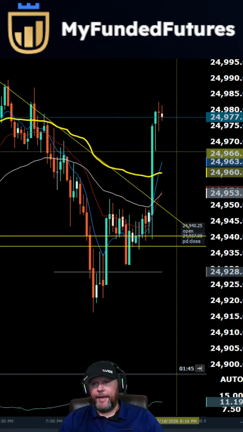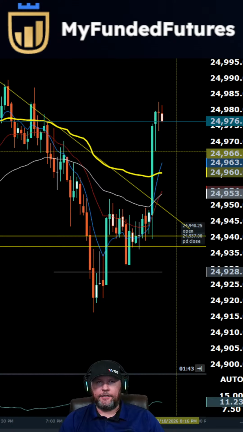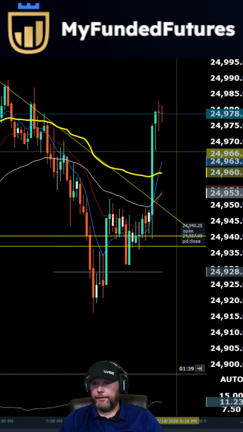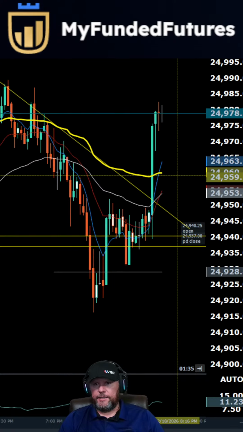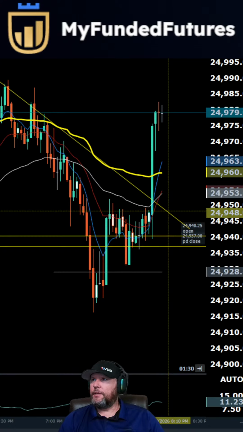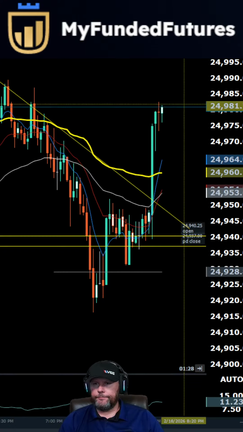If we could pull back into like the 66 area, 6-7, then we could maybe buy down there. I mean, we did displace here. We left a gap. Theoretically, that should hold, but